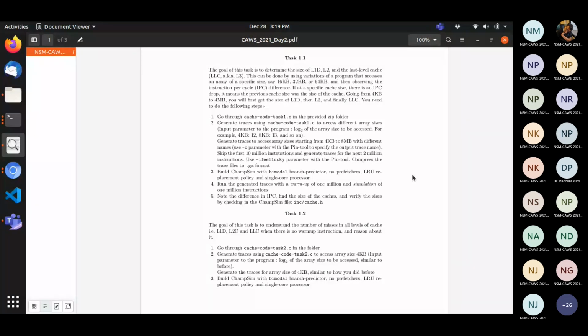It says reached end of trace for core 0, and then it says repeating trace. Then it's executing completely fine. Warm-up instructions are 1 million or more than a million. Simulation instructions are more than a million. Just giving 1 million is fine.